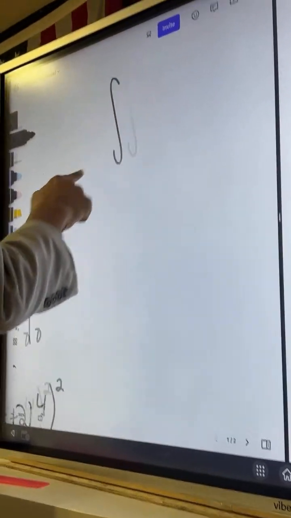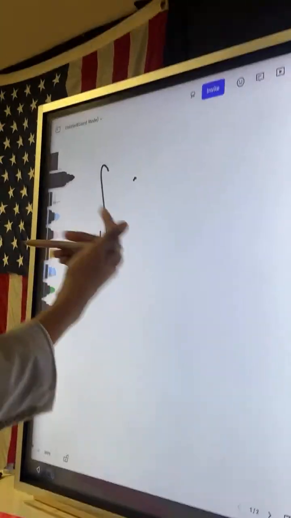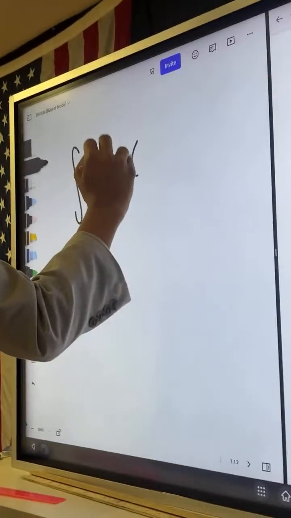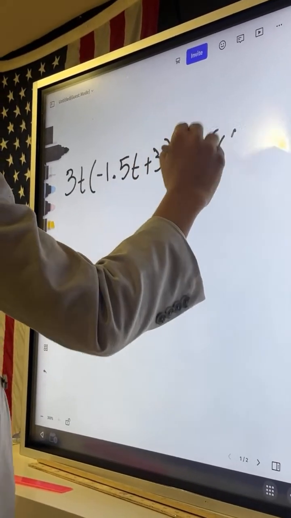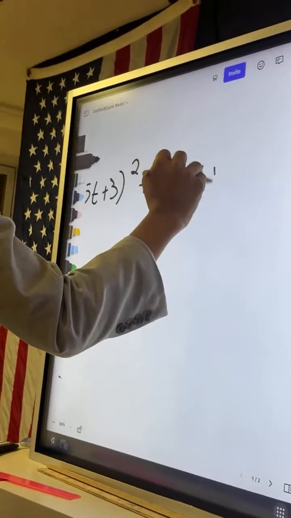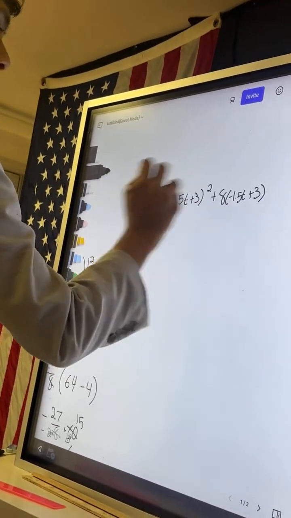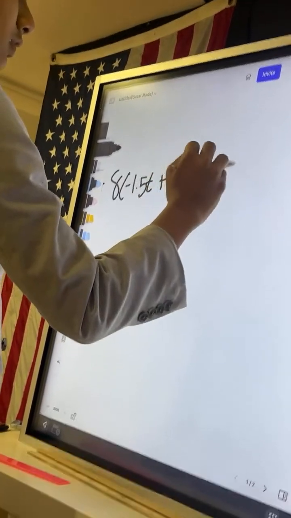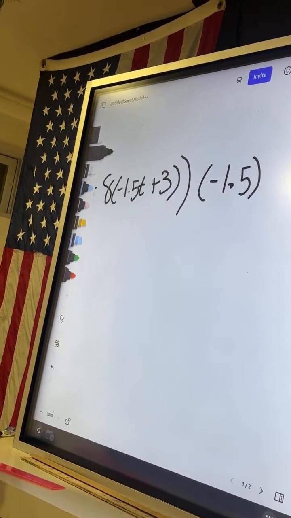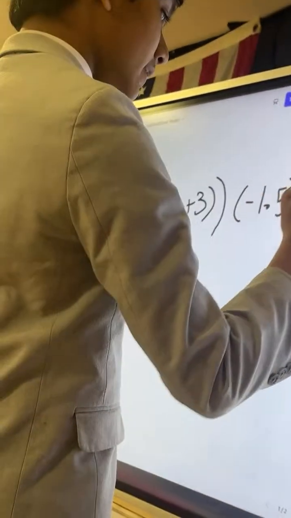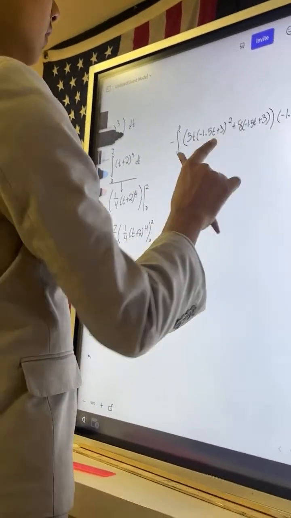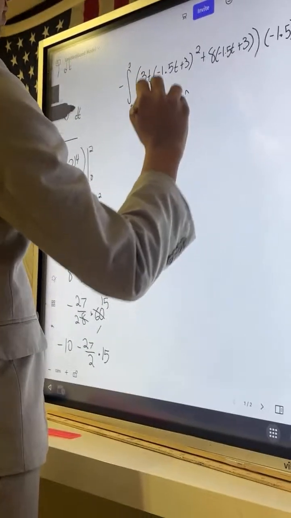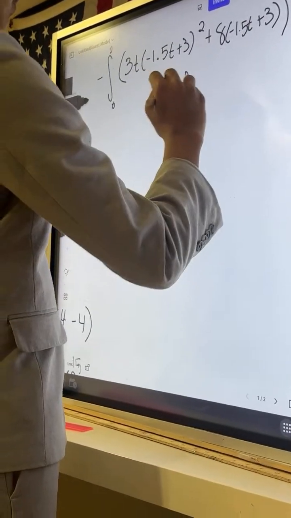The integral of 3xy cubed plus 8y. So we have 3t times negative 1.5t plus 3 squared plus 8 times negative 1.5t plus 3, multiplied by the derivative of y with respect to t, which in this case is negative 1.5 dt from 2 to 0, or negative 0 to 2. So you get 1.5 times the integral from 0 to 2 of 3t times negative 1.5t plus 3